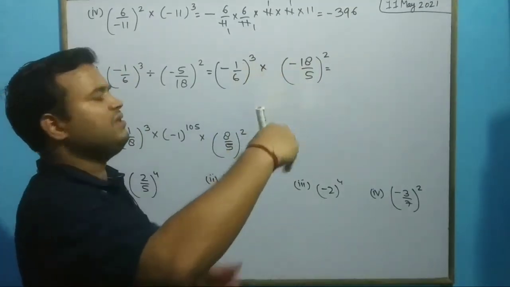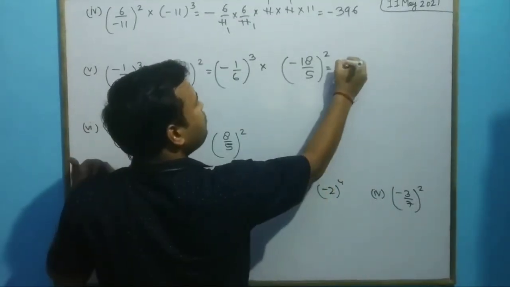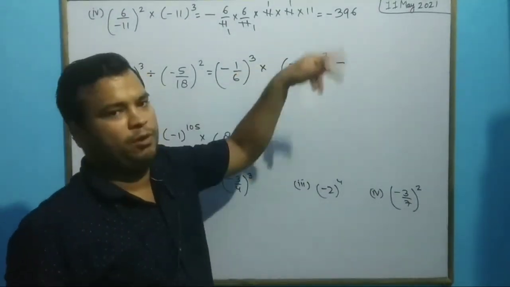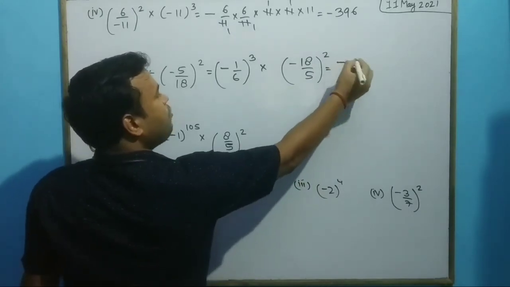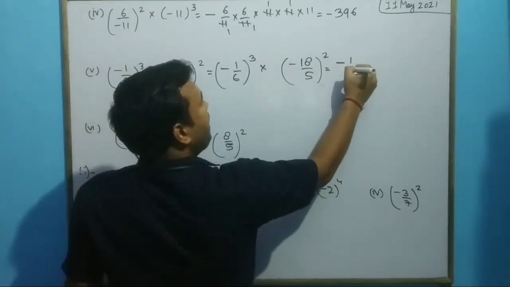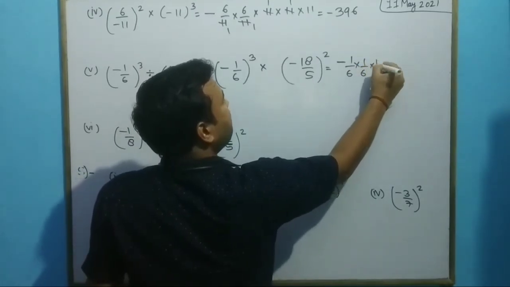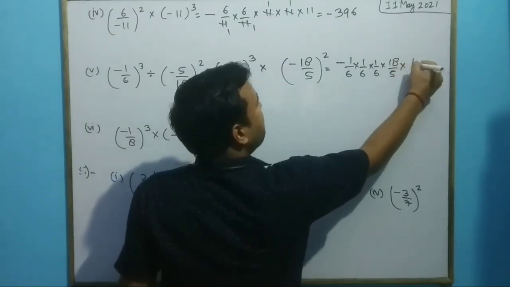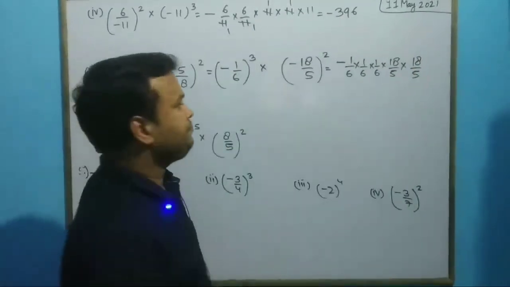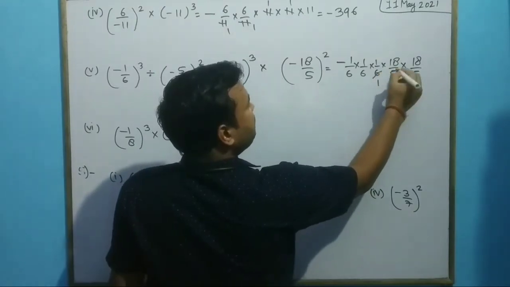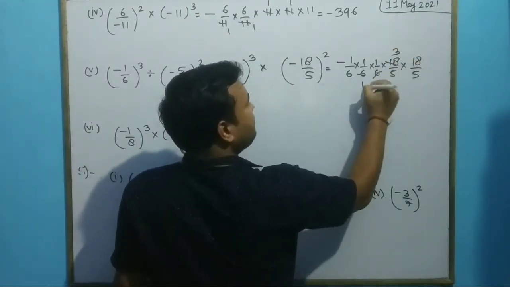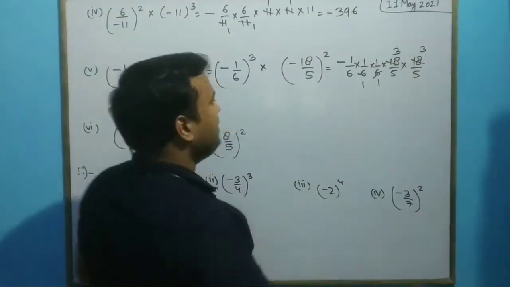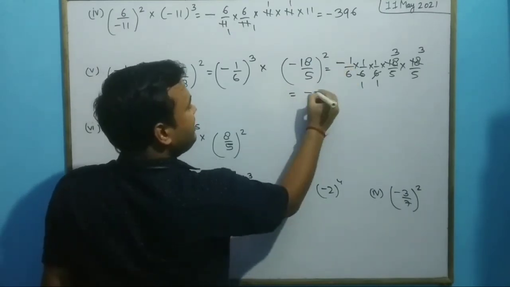Now let us evaluate it out. Minus 1 upon 6 to the power 3. So I have told you it will be negative. Negative to the power 3 is negative, negative to the power 2 is positive. So your answer will be in minus. Now let us multiply 1 by 6, 3 times. Okay, I have done it. Now again 18 by 5 multiplied 2 times. 18 by 5 into 18 by 5. Okay, let us cancel it out. 6 1s are 6, 6 3s are 18. Again 6 1s are 6, 6 3s are 18. Okay, now what is there in the numerator? Multiply it. 3 into 3 is 9, and the sign is minus, so we will take minus.